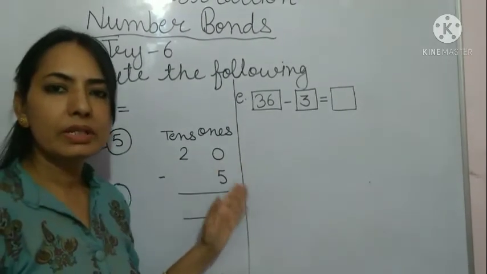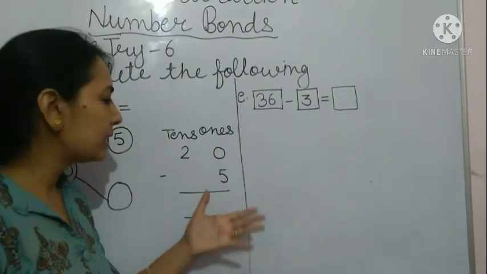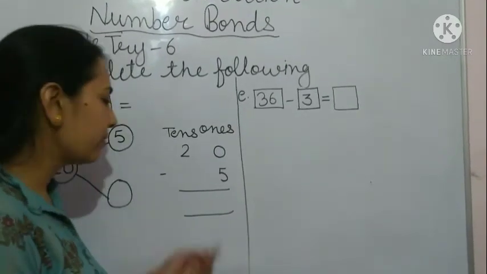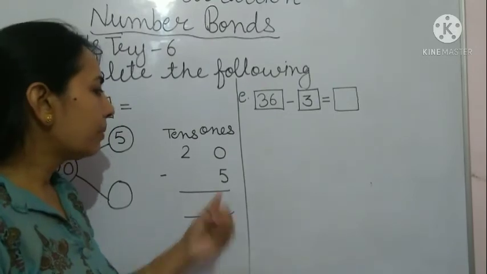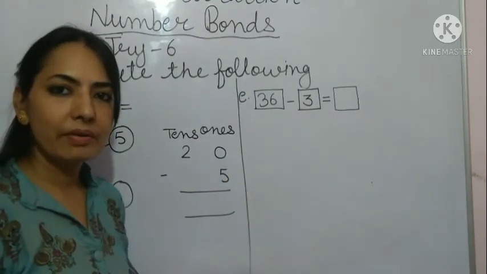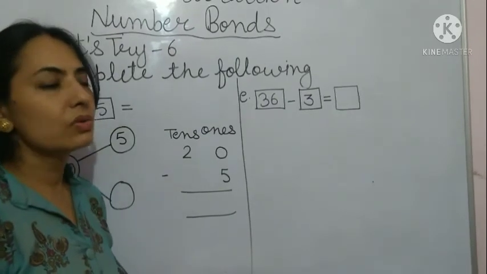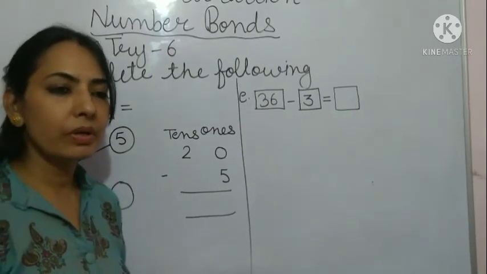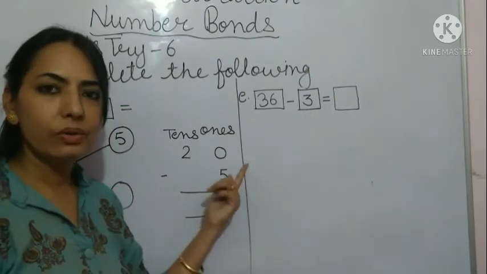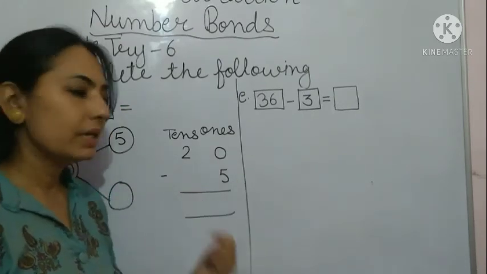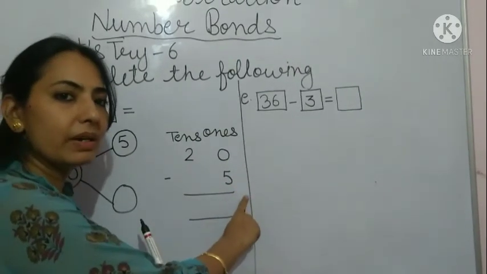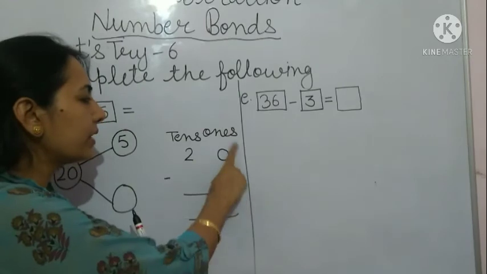As you know, we always start with the ones place, and at the ones place we have 0 at the top and 5 below. Now you know that we can't minus 5 from 0. So remember your poem, the subtraction poem we learned. What was in it? More on the floor, go to the next door. It means if you have more on the floor, meaning the bottom number is bigger, then you have to go on to the next door.